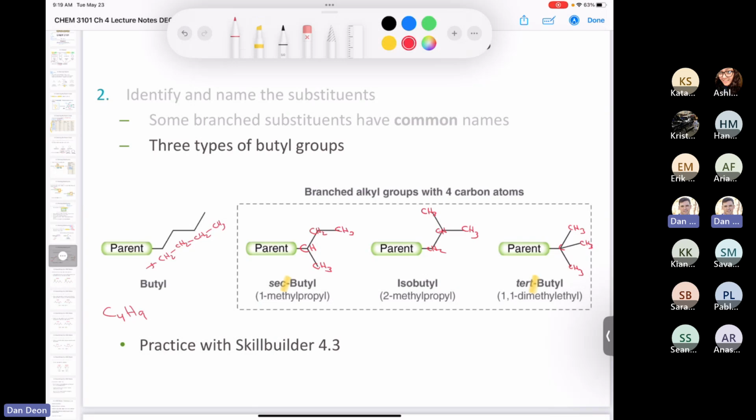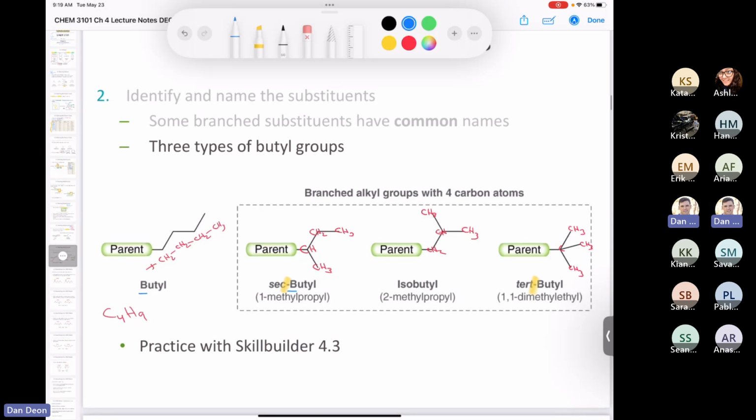What's interesting about the ones that are hyphenated versus non-hyphenated is that when you're alphabetizing butyl, you alphabetize according to the letter B. Sec-butyl, you alphabetize according to the letter B. Tert-butyl, you alphabetize according to the letter B. But isobutyl, since there's no hyphen in it, you alphabetize according to the letter I. And if you're wondering why they would do that, I don't know. I didn't invent it. It's just the way it is.